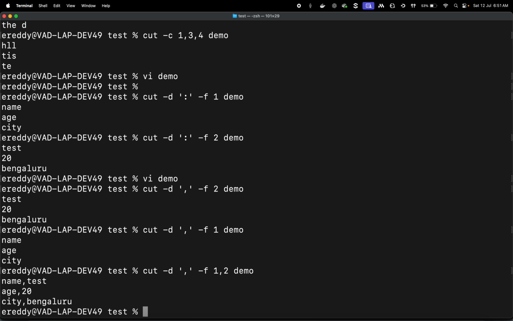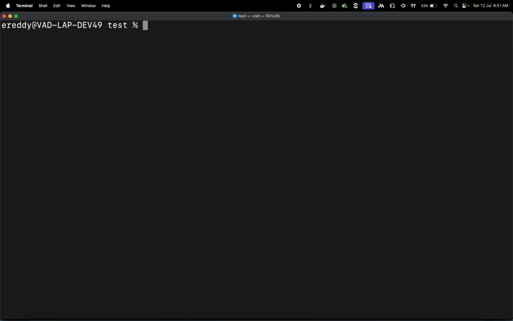All right. Next thing, there is something called pipe. This is the pipe symbol. This is forward slash, backward slash, shift plus this. You will see it on the keyboard. What is a pipe used for? It's not a command or anything. What we can say is it's a separator maybe. To keep it simple, let's say